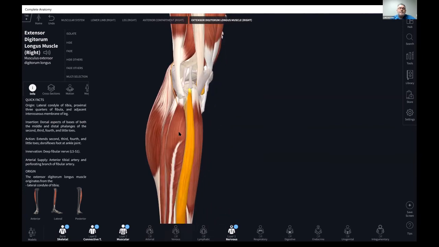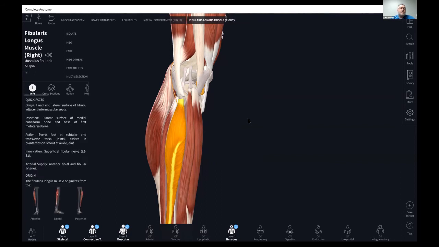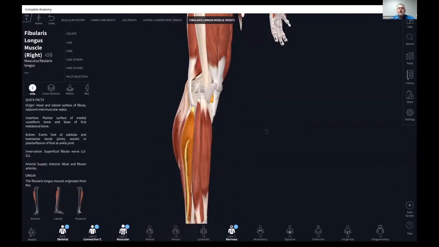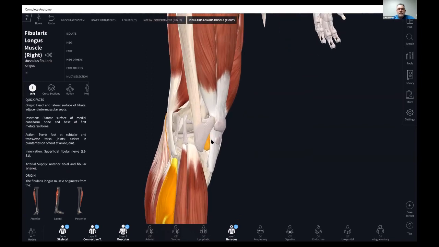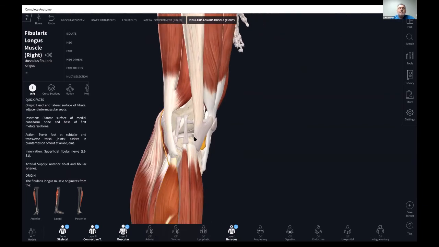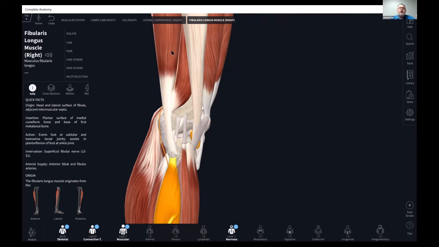Very common. We may see that it extends further laterally into the peroneus or the fibularis longus, so we may want to hit that as well. If that's not the source of our issue, our inflammation, let's come a little bit more proximally. Let's look at the IT band and the tendinous attachment of biceps femoris onto